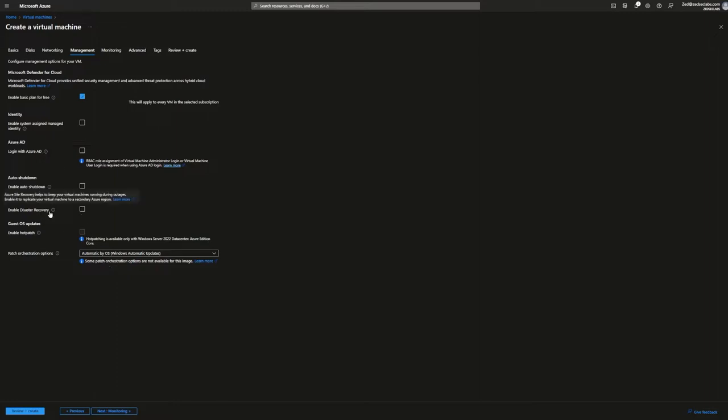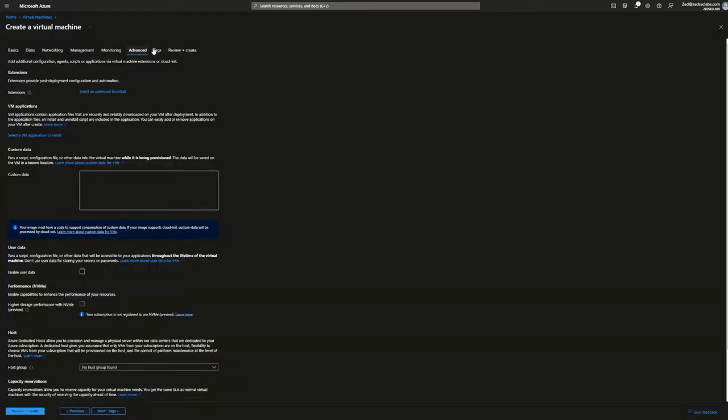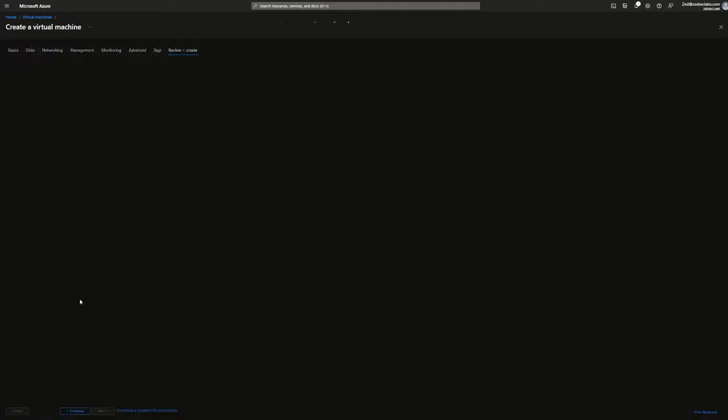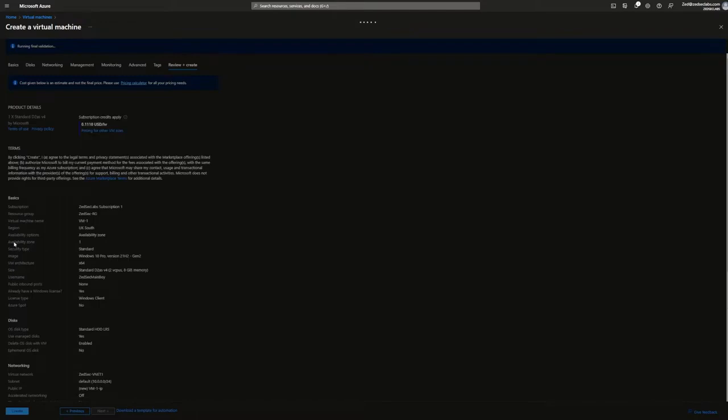Disaster recovery. So when you're actually deploying this all in prod, you're going to want to think about a lot of this. Because it's for demo purposes, I'm just showing you how we actually go through this. We're not actually going to. Okay, advanced, blah, blah, tags, review and create. What are we missing? Like, we'll be missing disks, but